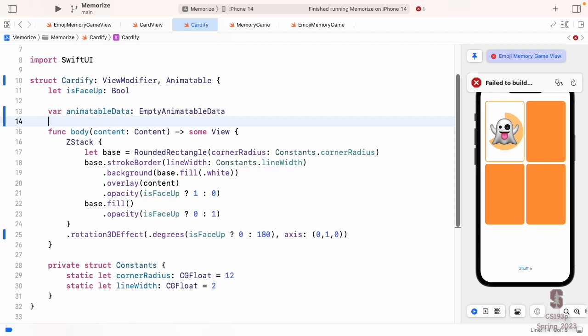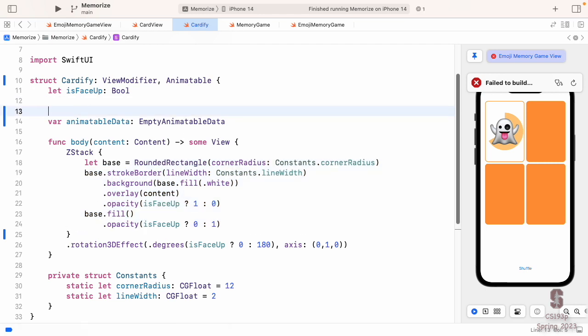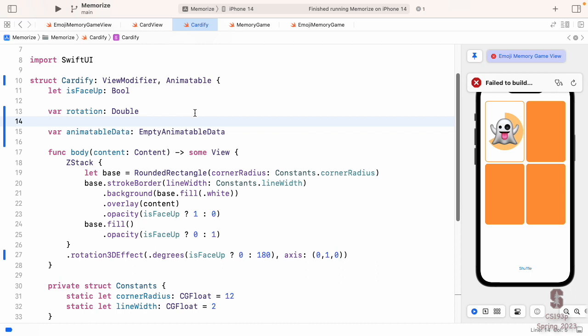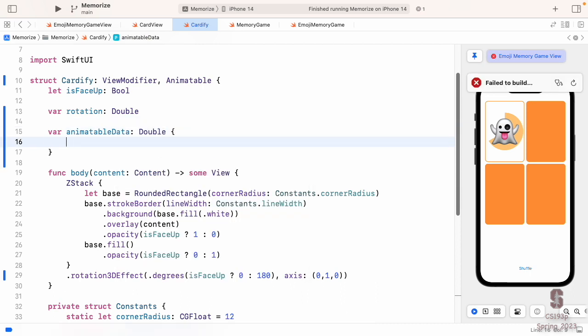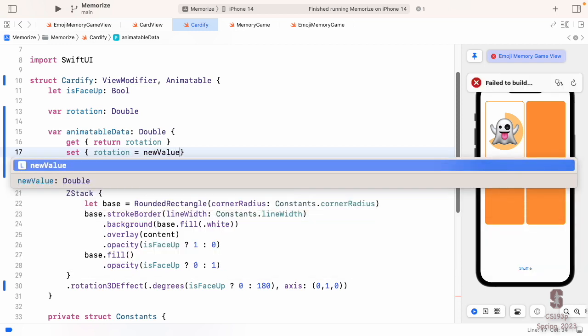And what is our animatable data? Again, it's that rotation. I don't want to call rotation animatableData everywhere in here. I'm going to have a var called rotation. It's just a Double number of degrees. So I have this animatableData be that Double, but it's going to have a get, which returns my rotation, and it's going to have a set, which sets my rotation to the new value.